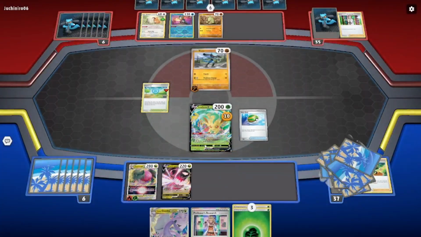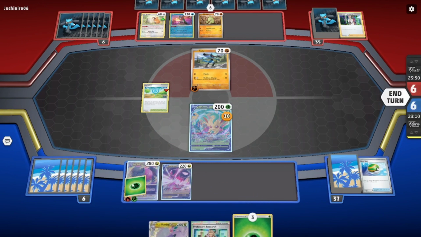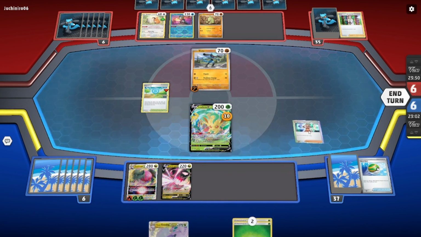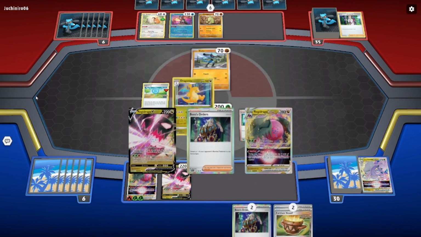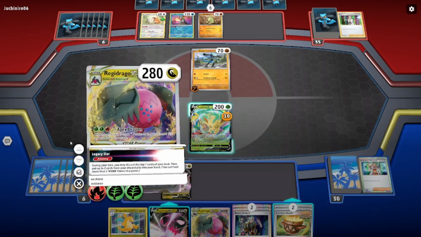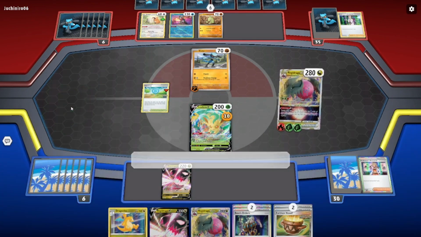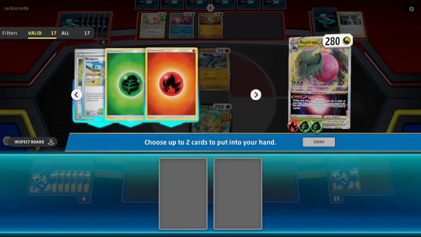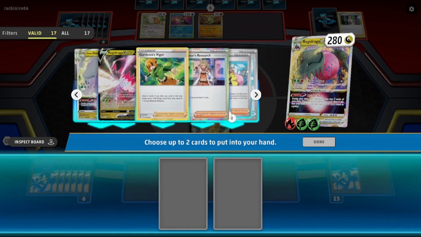I'll grab him. Do I want to use my V-Star power first or research first? I think research is actually pretty good here, right? I'm thinking I'm going to research. So let me do that first. Well, that's pretty good too, right? So I guess I will do this. I need a switch card, right? Do I have a switch card? Oh man, the deck's hating me there. Okay, so I think